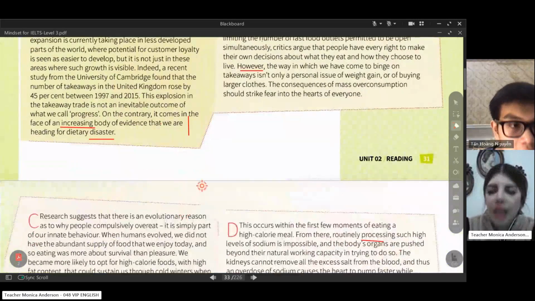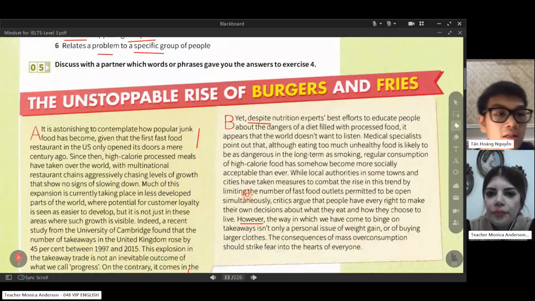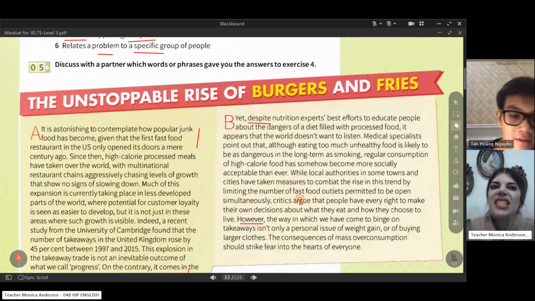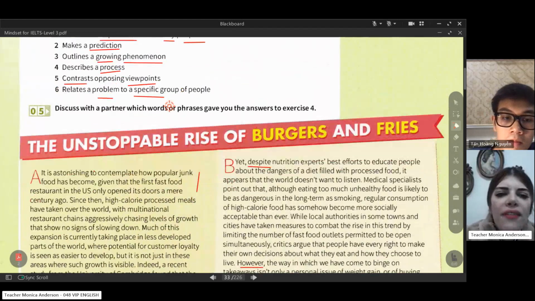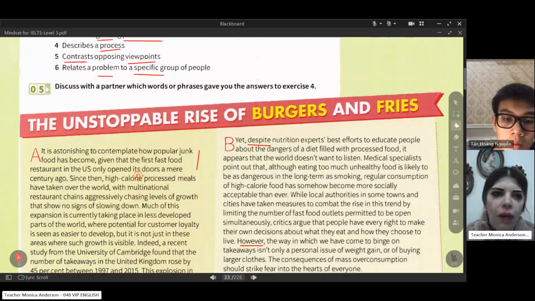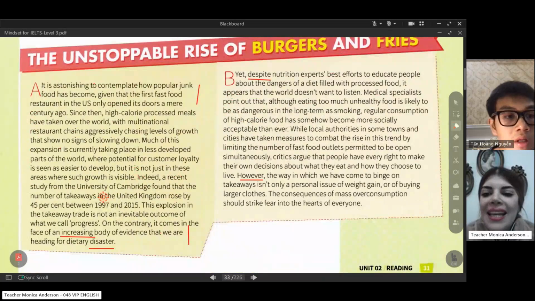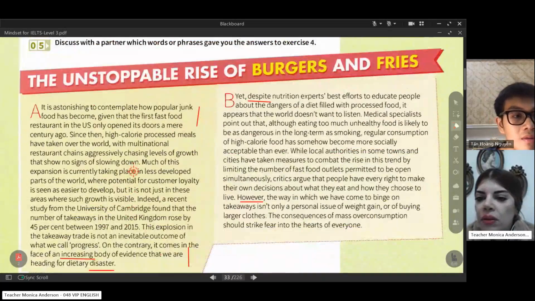Now we have another. Of course, this method is really easy and of course fast. Okay, paragraph C. Well, we found paragraph C. But